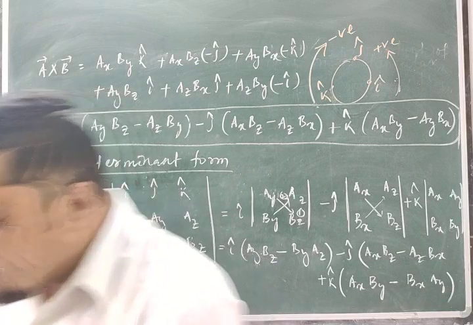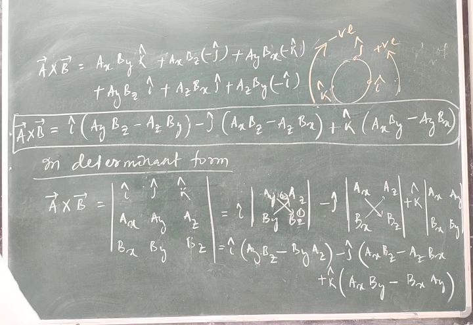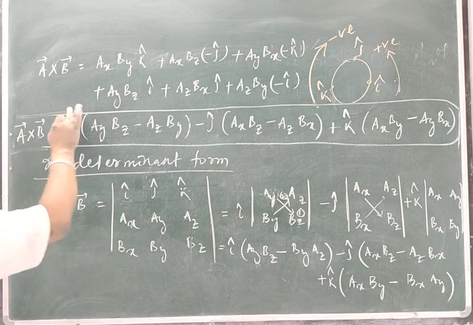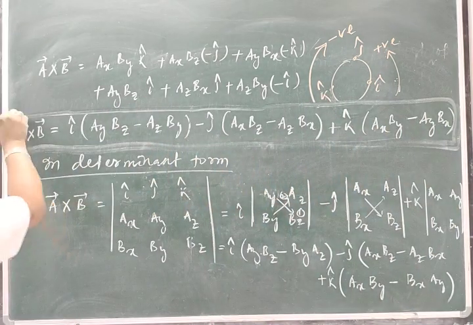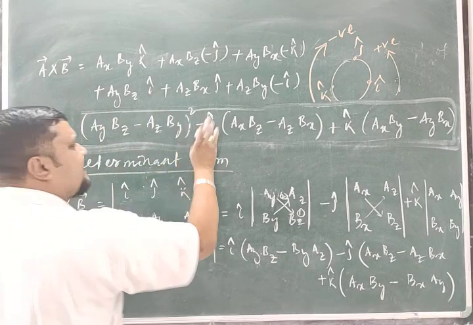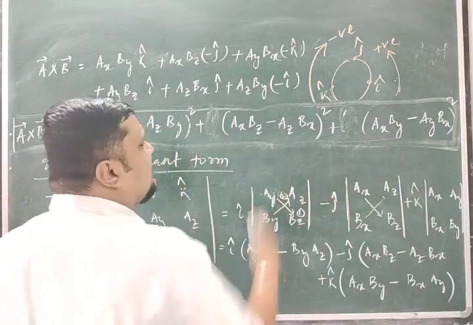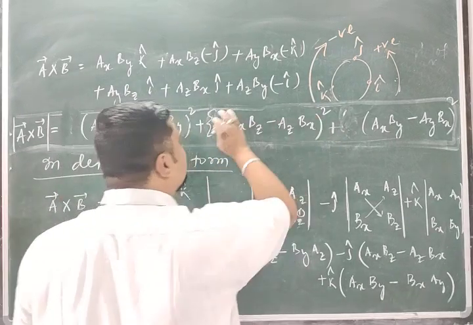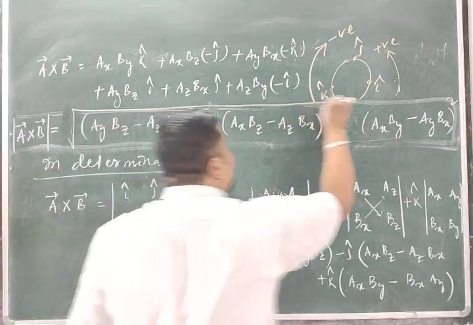So students, we got this in the magnitude form, and then this is in the determinant form. Suppose I ask you, what is the magnitude of a cross b in rectangular component form? If I put the magnitude mod, then leave the items, take the coefficient squared, each one squared. Minus of this square, so minus minus is plus. So this is simply plus, root over.